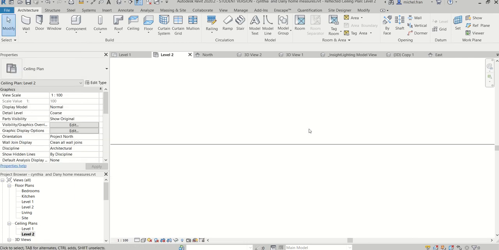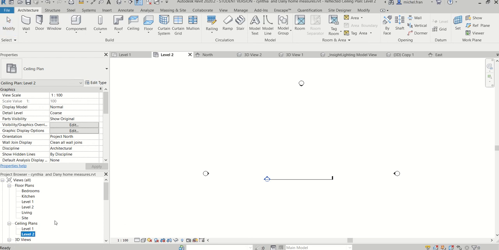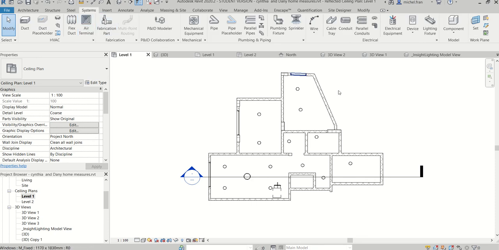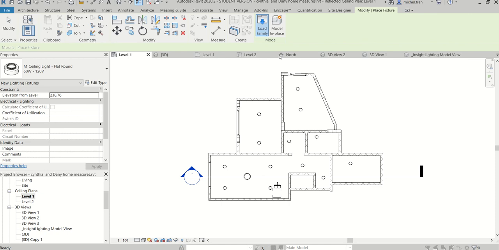can insert, sorry, I don't know what happened here, but anyway, in the ceiling view you can insert the lighting fixtures. Here it's in level 1, not level 2. So you can insert all the lighting fixtures, and to insert the lighting fixtures you can go to systems, and in systems you can go to lighting fixtures, and from there, if you don't have that